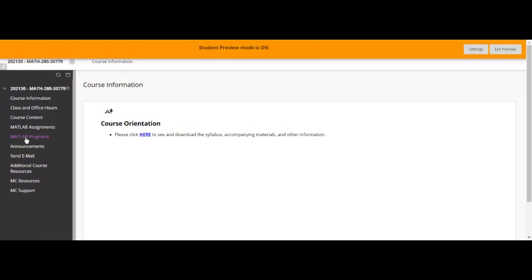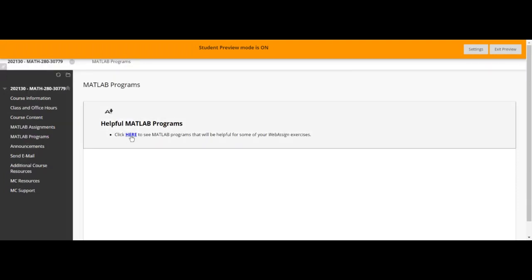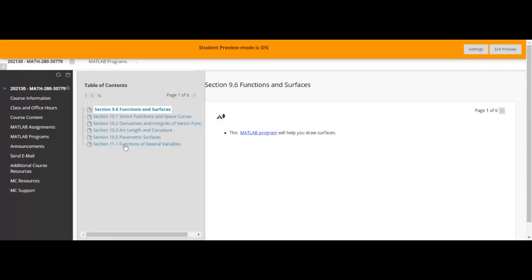Okay, so you go to MATLAB Programs. Click here, Helpful MATLAB Programs. And right here we have section 10.5, Parametric Surfaces. This MATLAB program will help you draw parametric surfaces. So I'm going to click on the MATLAB program link, then download the program, open up the program, and it will bring you